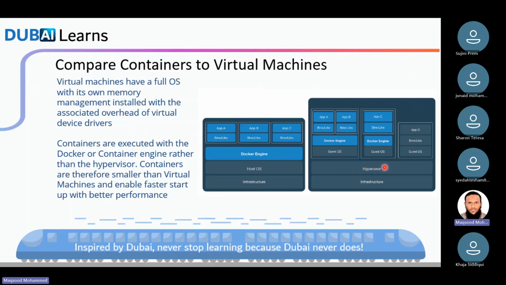Now VMware is taken over by Broadcom company. So